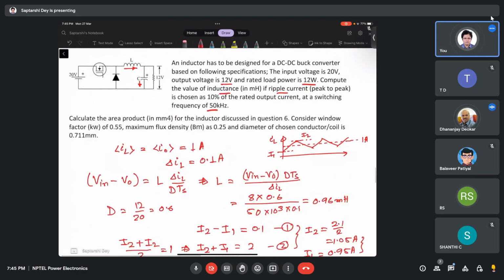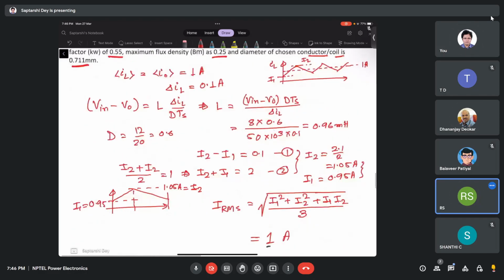Now, have they given anything? They have given window factor KW 0.55, maximum flux density Bm 0.25. Okay, diameter of chosen conductor of coil is 0.711. Okay, they have given this diameter of chosen conductor. Unnecessarily, we found out